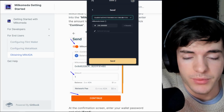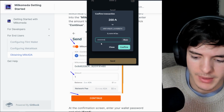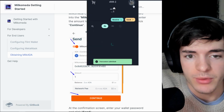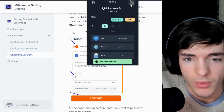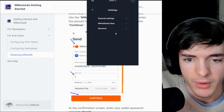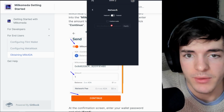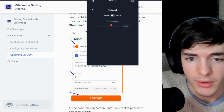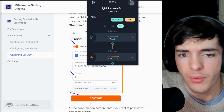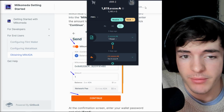And then what we're going to do now is send 200 ADA to this address. This is going to convert it to wrapped ADA, so do know that. And we're going to press this. Make sure when you submit this transaction that you are not on a custom node. If you are on a custom node in the network side of things, right here, it is going to fail, and you are going to have to use a default node for a Nami wallet and likely Flint wallet as well. So while we're waiting for our transaction to go from the Cardano mainnet over and wrap our ADA for the sidechain of Milkomeda,